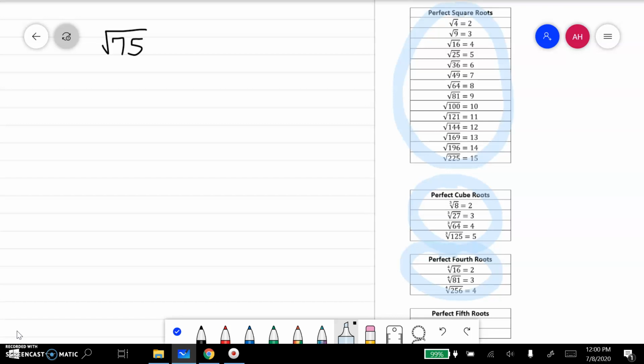A lot of you are familiar with square roots, not necessarily cubes and fourths and stuff. But if you're just using one of these numbers on the left side of this chart, that's fine. You just automatically get your answer. But if you have a number like this 75 that doesn't have a square root, you can still simplify it, and you will not use a decimal. What you're going to do is see what does have a square root that goes into 75. So if you look over here at this list right here,